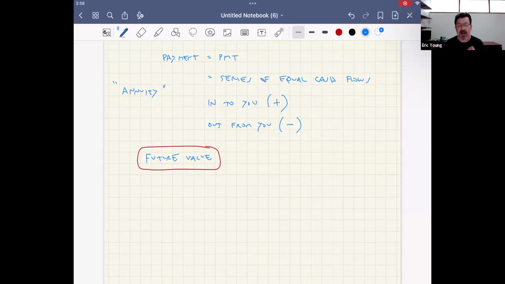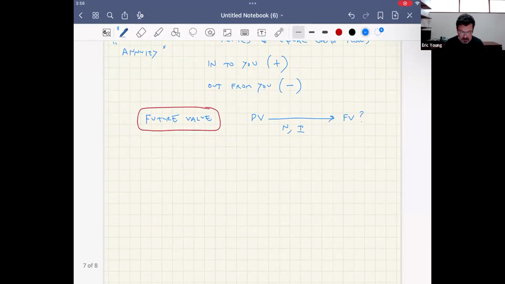Okay. To visualize this, we're doing the present value, which we know, and we're trying to figure out the future value, which we don't know, when the money is growing for a certain number of periods at a certain interest rate. Okay. So let's just do a simple example. Let's say that you are 22 years old. You just got your first job. Congratulations, go you. And you received a $5,000 signing bonus.